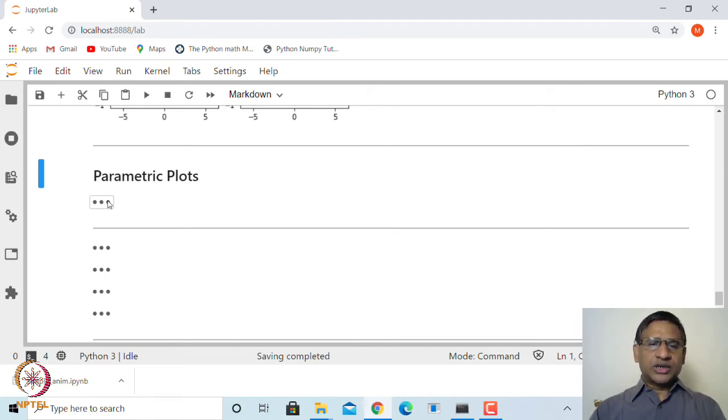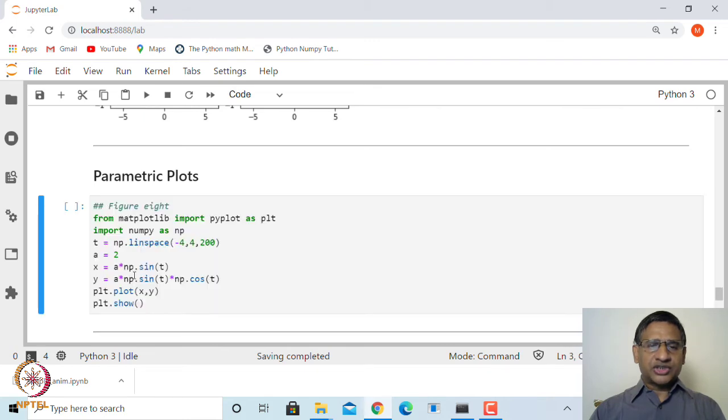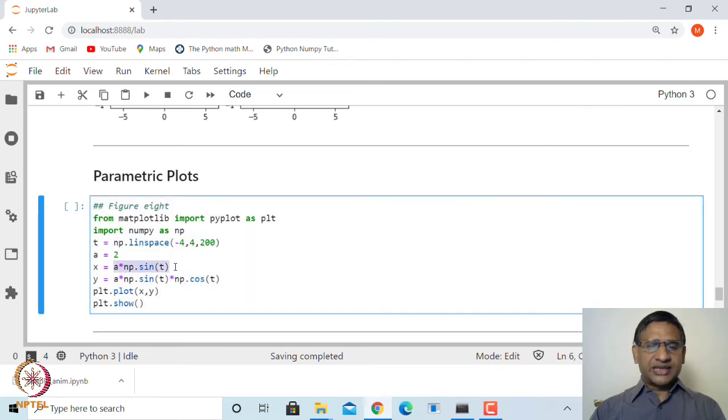We want to plot a function whose x coordinate is sine t and y coordinate is sine t into cos t, for t from -4 to 4, divided into 200 points. If you want, you can make it 400 points.